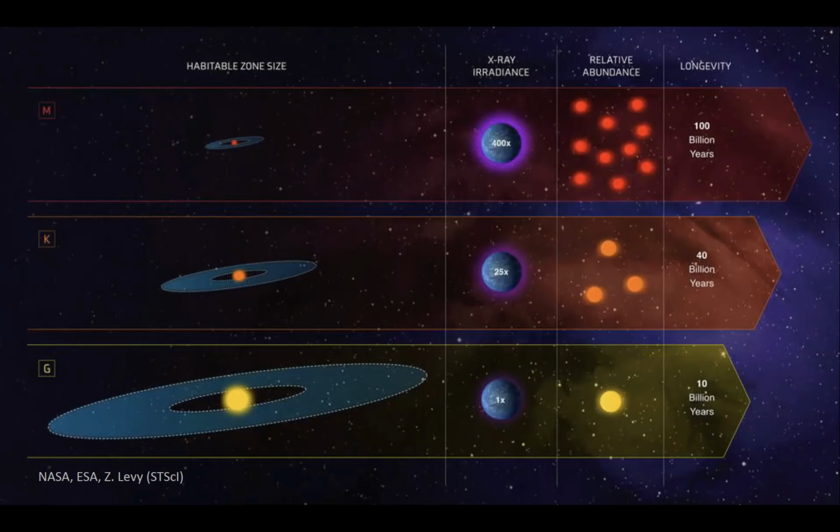And then when you go to M stars, that's an even smaller habitable zone. And this is where most of the exoplanets are going to be found, or have been found, or projected to be found, I should say. And there you're experiencing 400 times the high radiation environment that we would experience around a star like our sun. But you have a lot more of these objects. So really, if you have the sensitivity to detect these X-rays around these M stars, you're going to see a lot more of that environment.